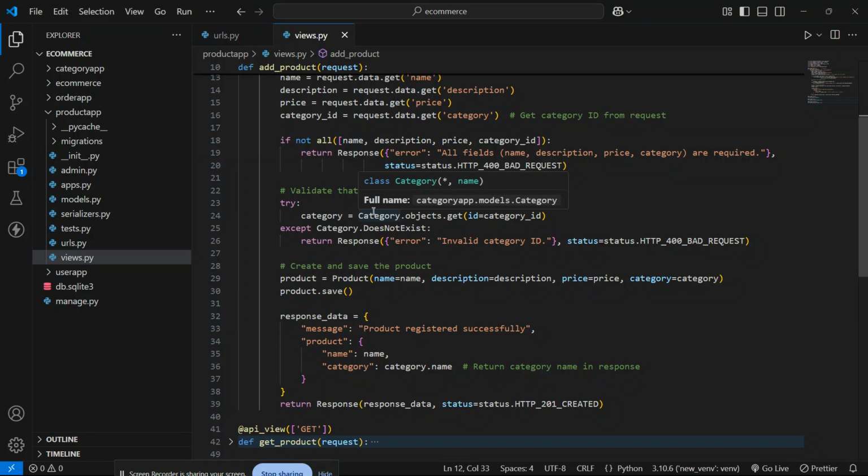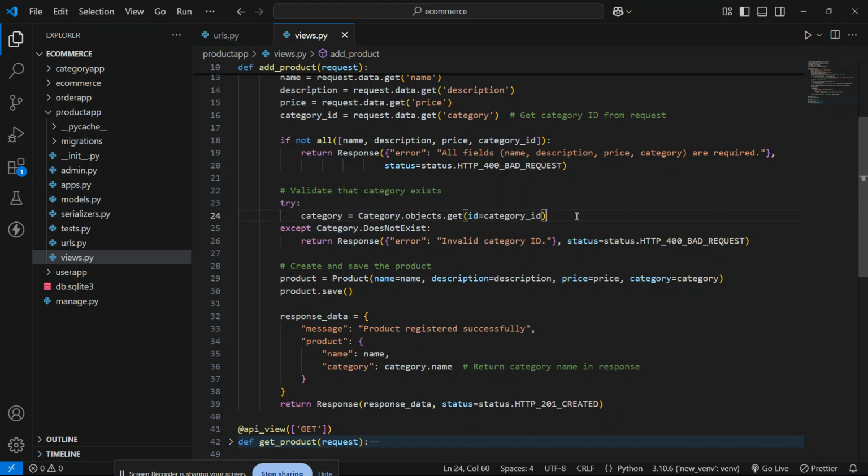A product from a category which is not present inside the category table is not possible. That is why we need this try and except block, because if I delete a category from the category table, at that time we have to delete the products from the product table also.